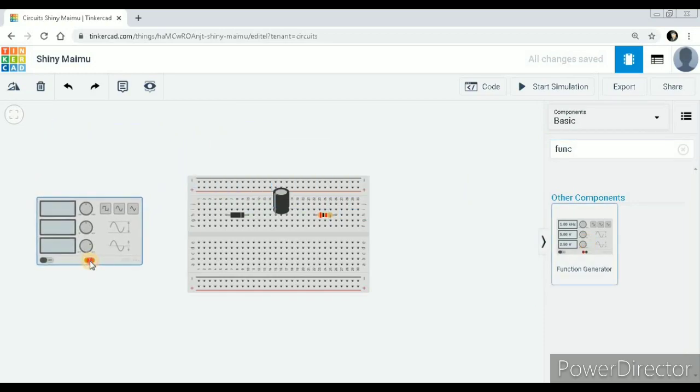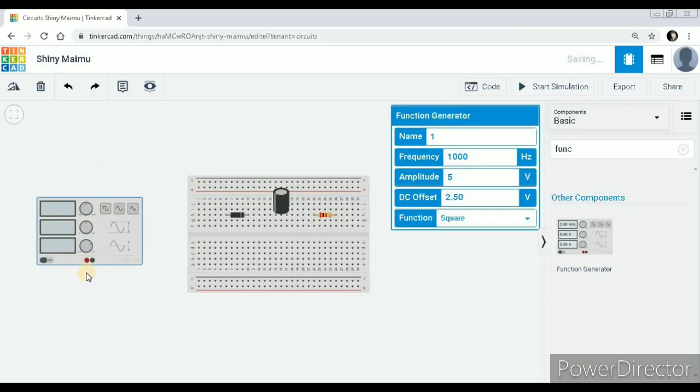And then this also requires the values to be set. So here I will set the amplitude value as 15 and frequency value as 50 Hz. And DC offset I kept as it is, 2.50, and the function is... Since it is a function generator, it can generate many kinds of waveforms. Here all we need is the sine waveform. By default the square waveform is enabled here, so instead of square you choose the sine waveform.